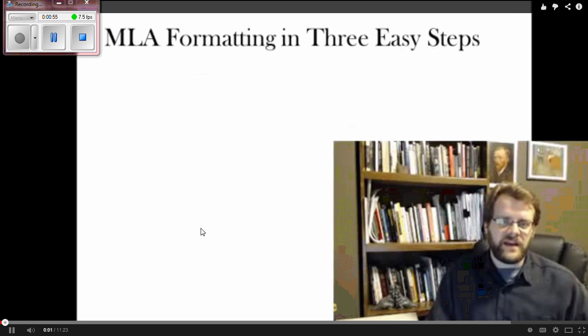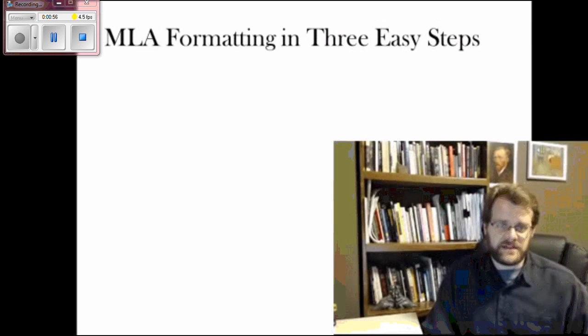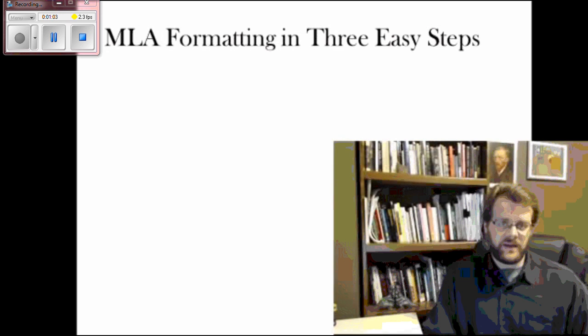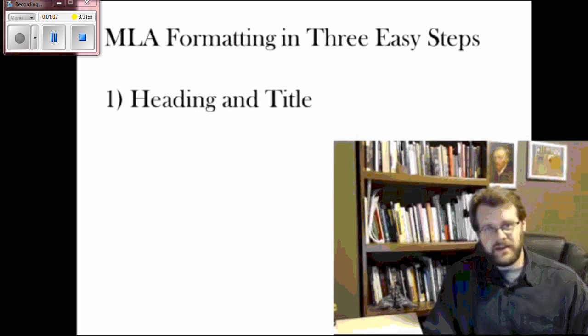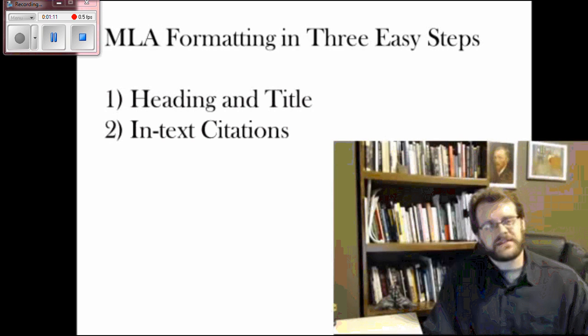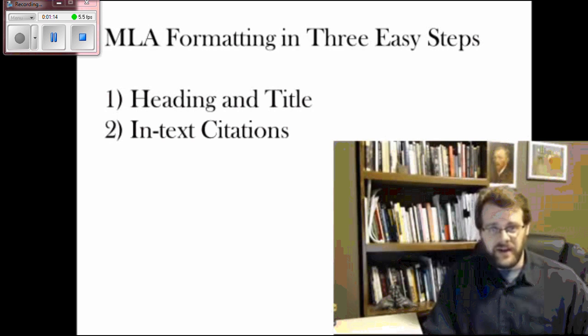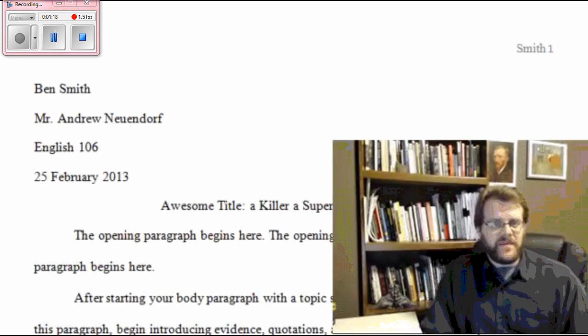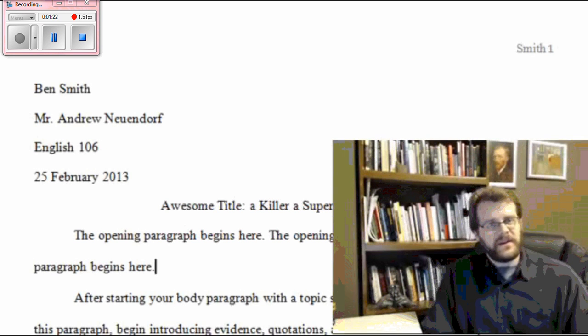Welcome to MLA formatting in 3 easy steps. If you can master these 3 steps, you should have no trouble satisfying the requirements for your MLA research paper. First, we'll cover the heading and the title. Second, we'll take a look at some options for in-text citations. And finally, we'll address the works cited page. I have a sample MLA research paper here, and we'll take a look at number 1, the heading and the